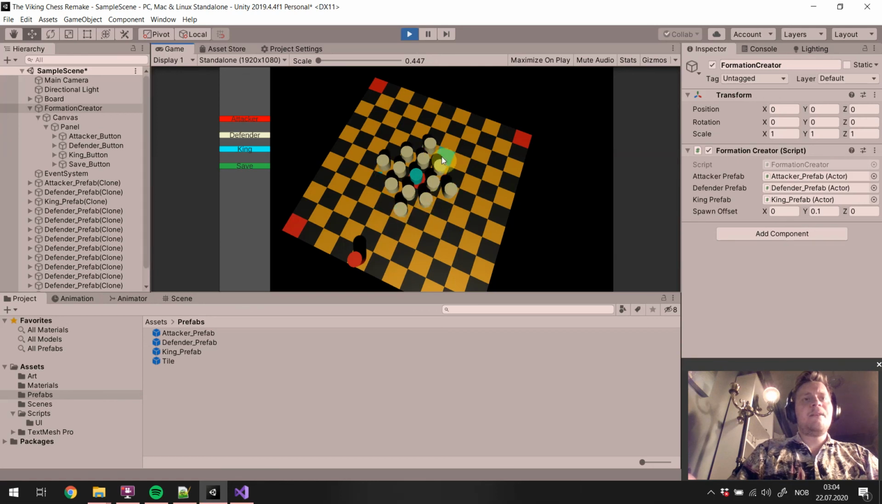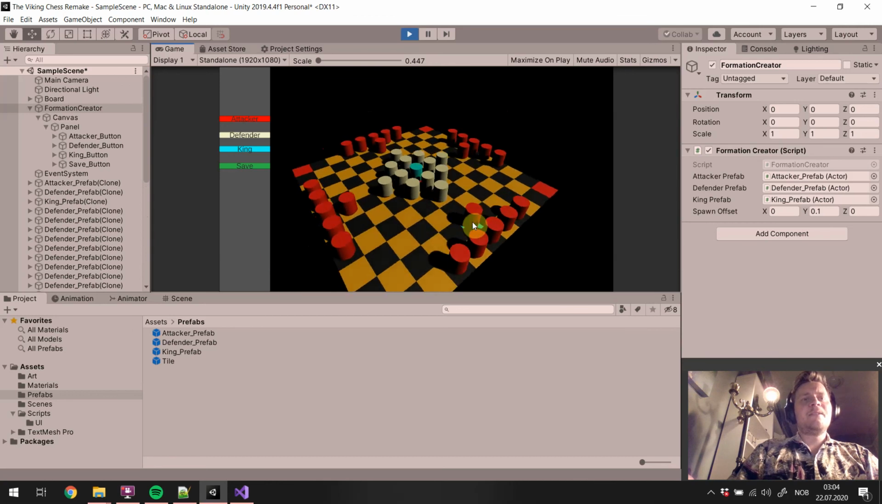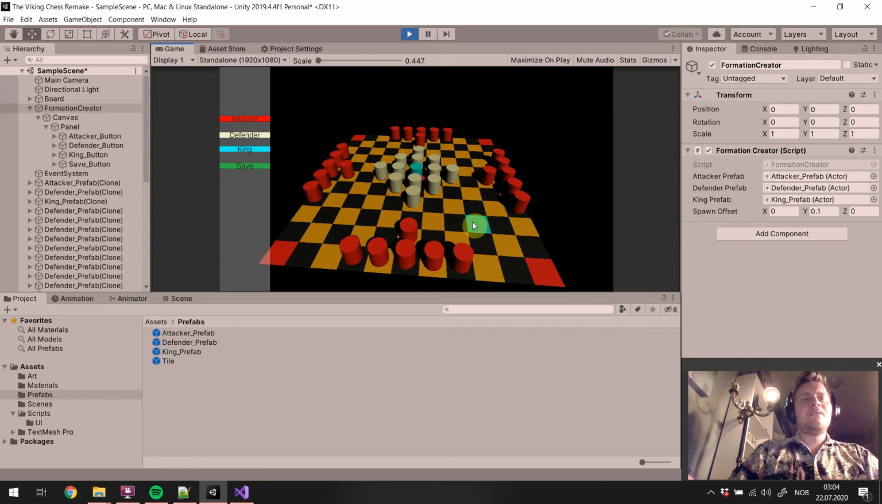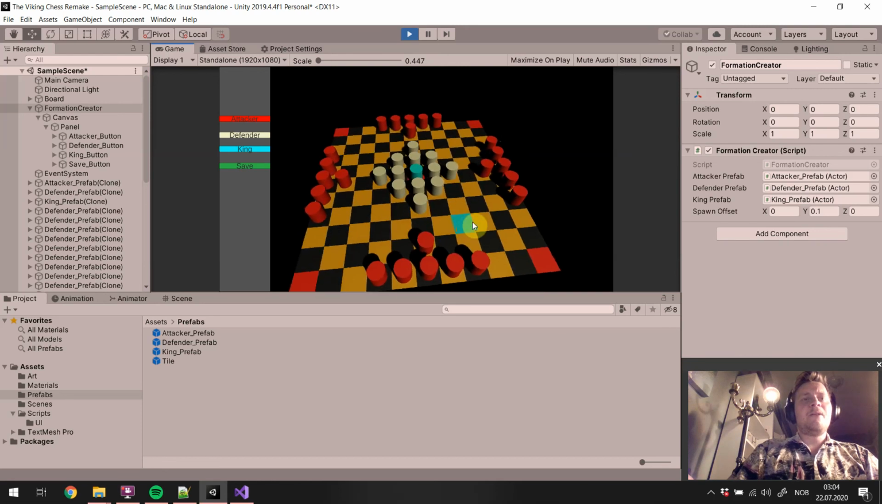This is the Hnefatafl formation, or rather Copenhagen Hnefatafl formation. Boom. So this is actually the initial game setup, and I think we got a lot of stuff done this